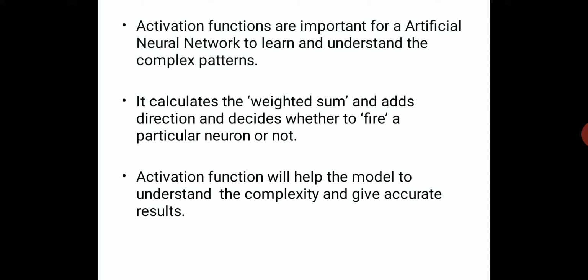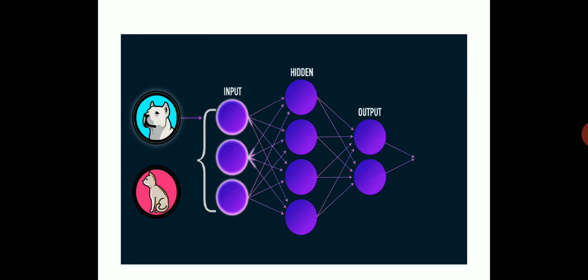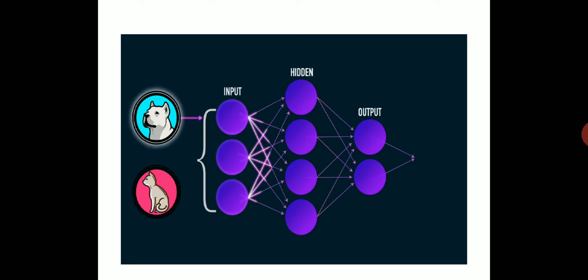Now, move to another slide and see how activation functions work and which types of activation functions you have. You can see the diagram that we have two inputs, dog and cat, and we have a three layer feed forward network in which the input layer gets the input. We have a hidden layer and we have an output layer. You can see that we only triggered the input dog, so this will be passed through the entire network and will get the result dog.